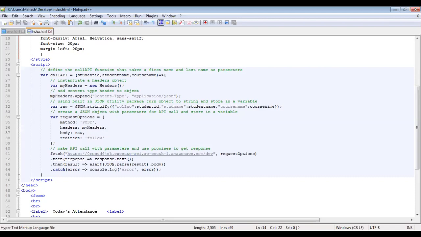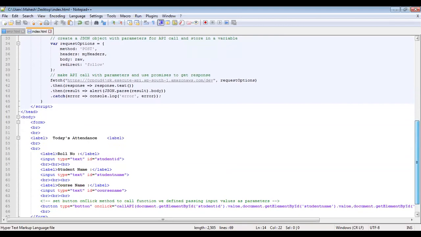The same link I have copied here. This is the URL we have taken from the API. After deployment, this URL is received, and that URL is posted here. If the call is successful, provide a success message to the user, and if not successful, then an error message.